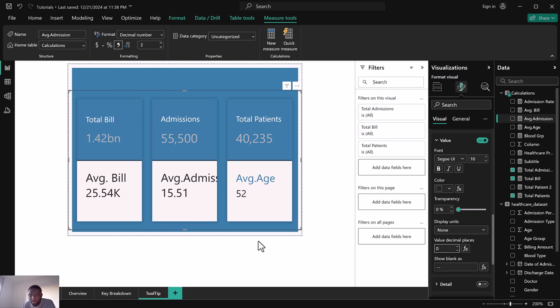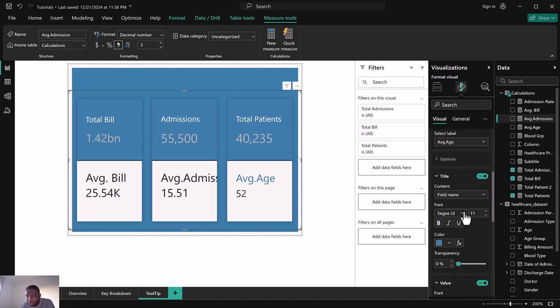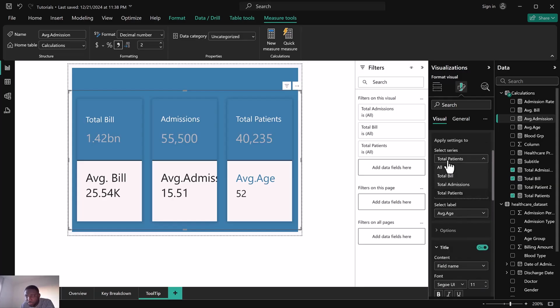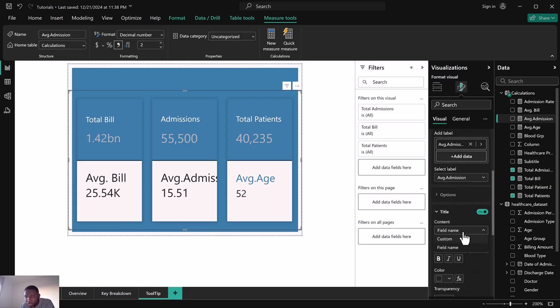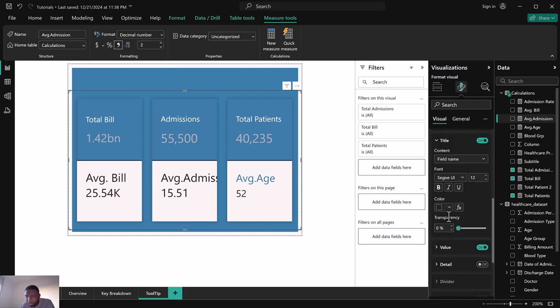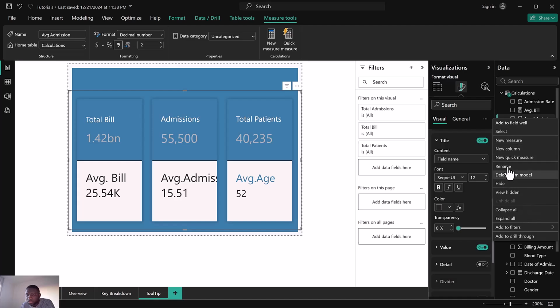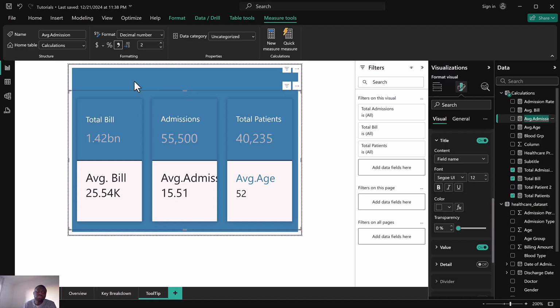And then I'll come to change the series to total admission. Over here, average admission. Even I can make a custom name here. Okay, or I can use this there. So we can go back and rename this one, our visual. We can rename our visual to average admission days. And then